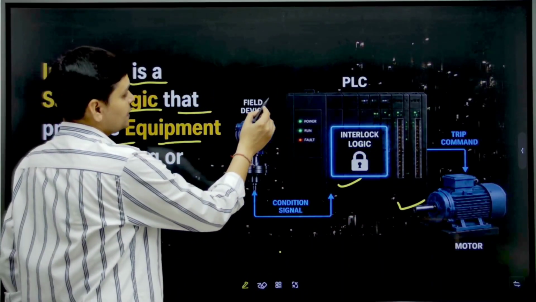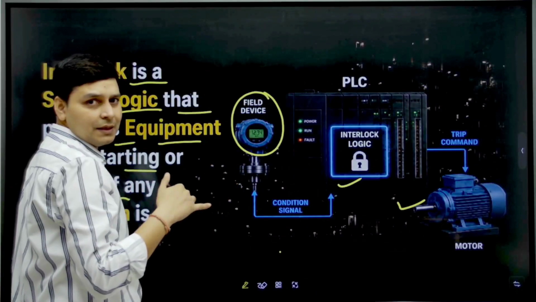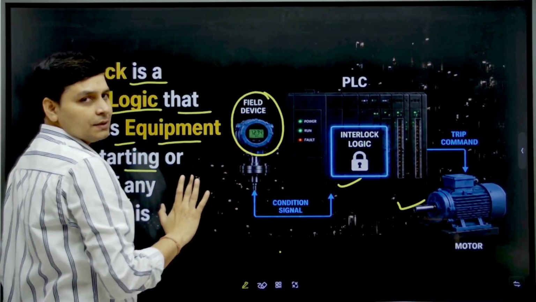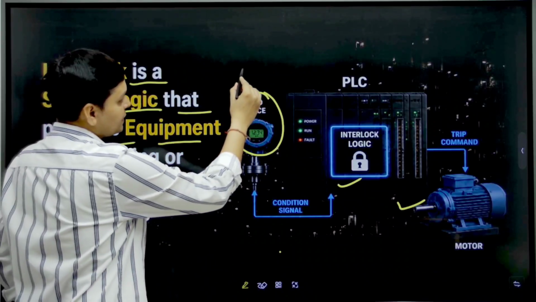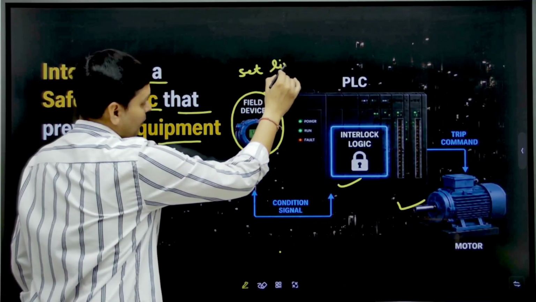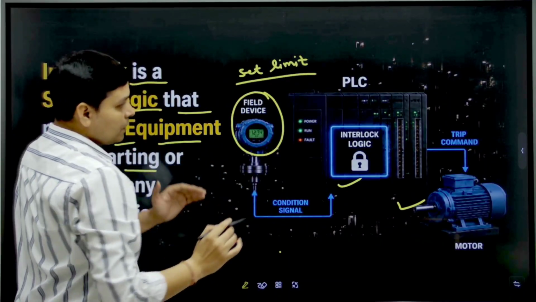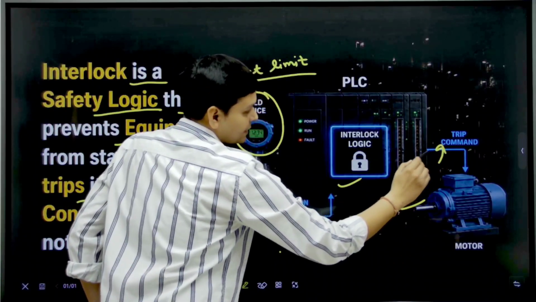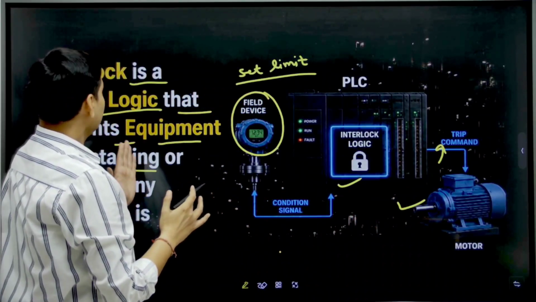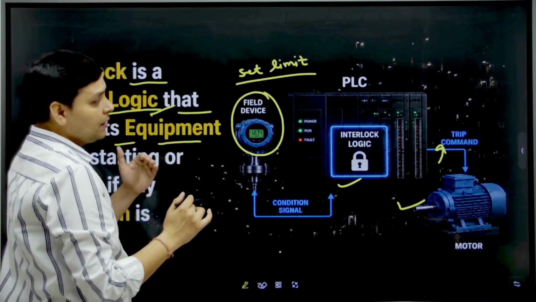Suppose we are measuring some parameter from this field instrument. It may be pressure, it may be level or some other parameter also. And if this parameter crosses a set limit,